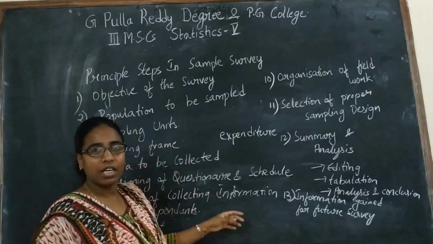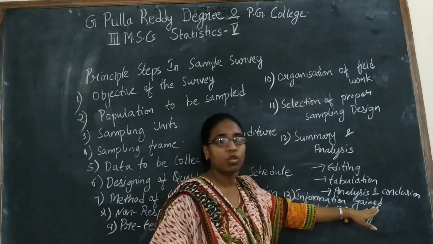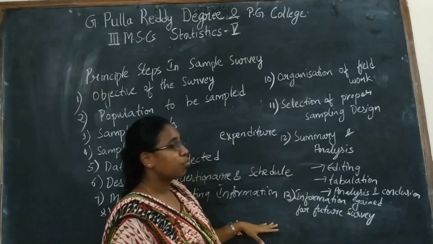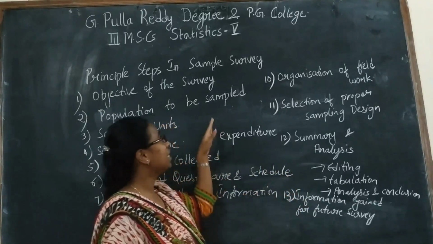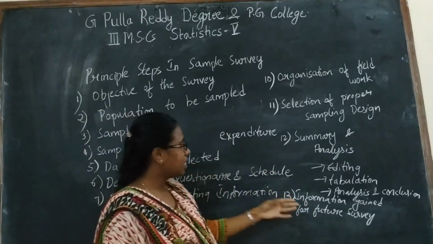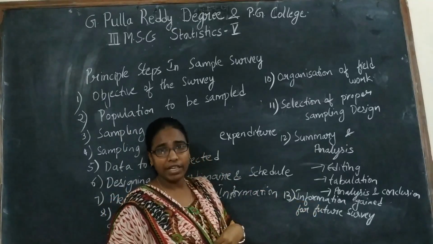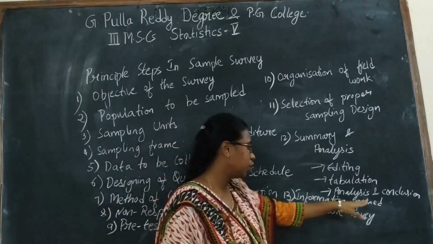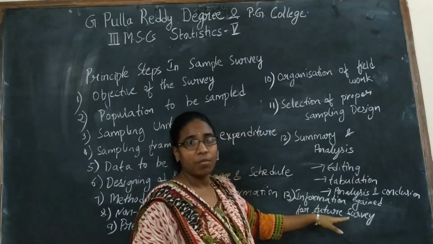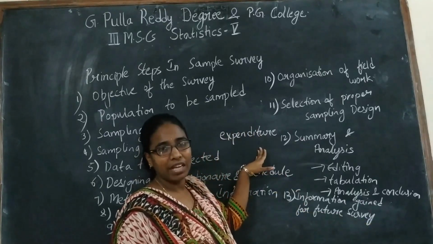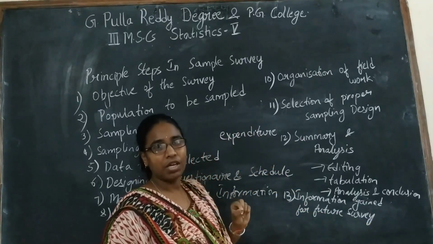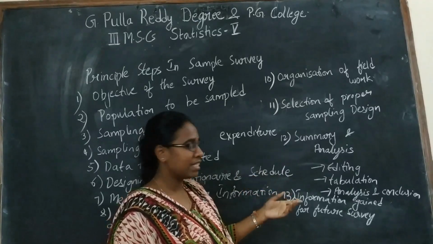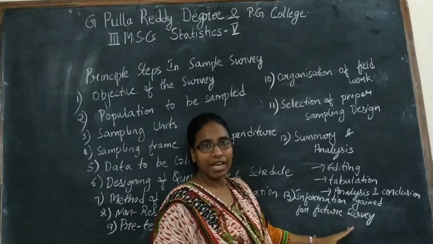We might be making some mistakes. If you find out those mistakes and store that information, it will be used for future surveys. If in the future someone is doing a similar survey like ours, they will see this information and get an idea of how to conduct the survey. So for similar kinds of surveys, this information should be gathered carefully, because even though we do the planning, there might be some errors or execution mistakes. To rectify them in the next surveys, the information should always be gathered and stored.